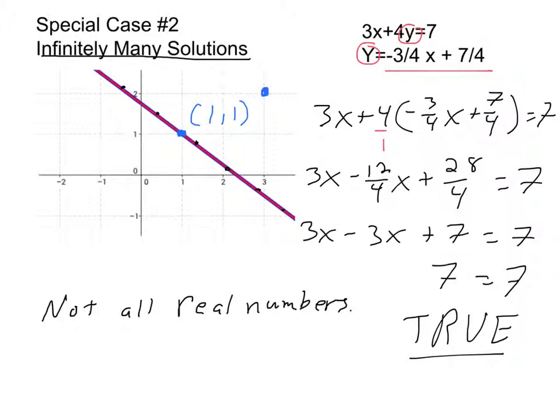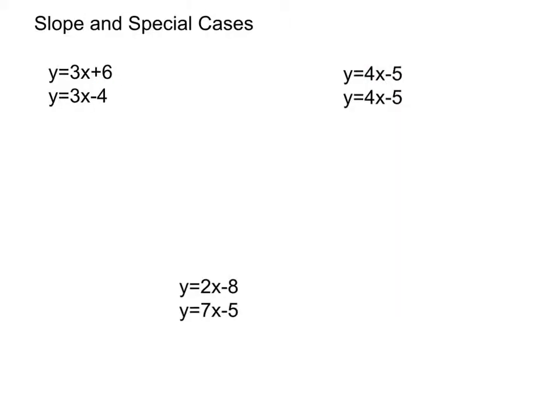The system of equations has an infinite number of solutions. One thing we can talk about with these special cases is how the equations of the lines are connected. Well, we know from our last chapter that if two lines have the same slope, they may be parallel. If we can write the equations of both lines in slope-intercept form, we can quickly tell whether or not we